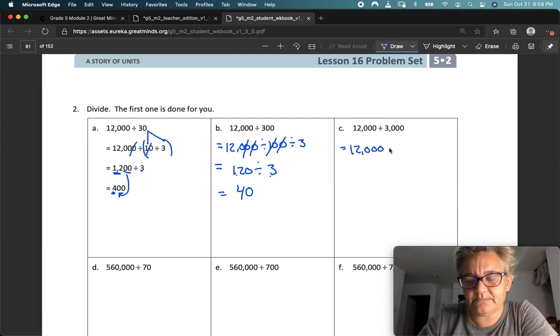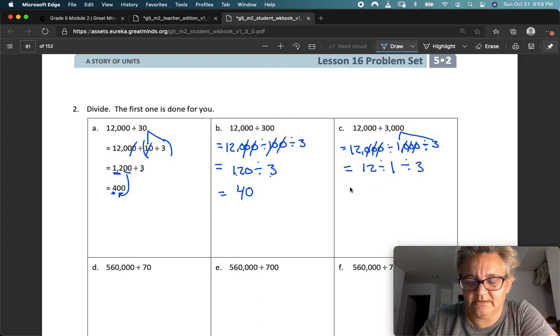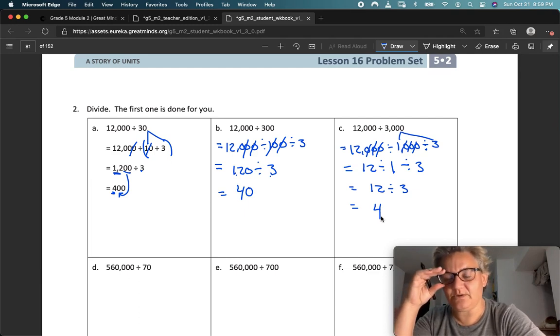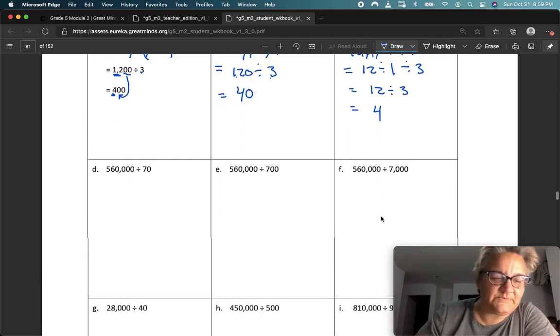12,000 divided by, and this 3,000 we're going to split into 1,000 divided by 3, right? So this is turning into that. And that would give us, if I take this 0 and this 0, this 0 and this 0, this 0 and this 0, I have 12 divided by 1 divided by 3, which equals 12 divided by 3, which equals 4. Okay? So just please show all your steps. Next one,